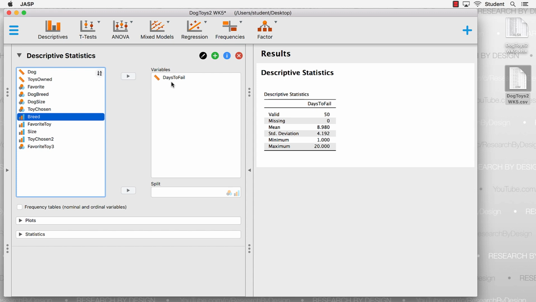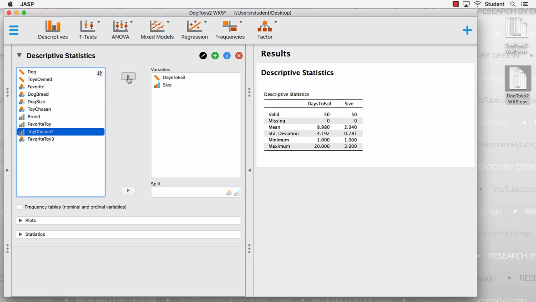For the ordinal variable, we'll use dog size. Click on dog size and then the triangle in between the 2 boxes. We can also move the variable that way. Sometimes we can double click on a variable to move it, but we can't do that with our categorical variable